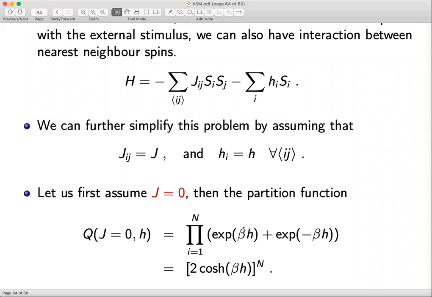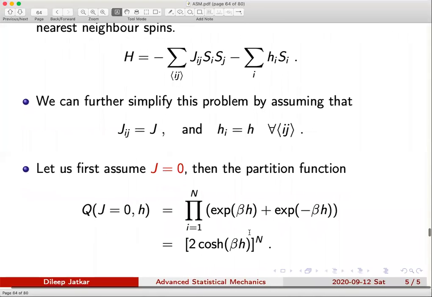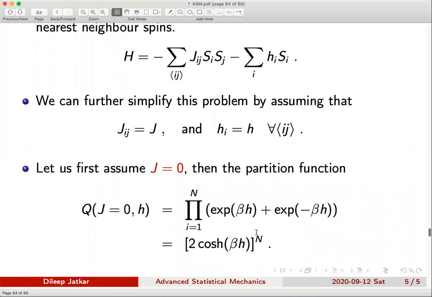The possible energies of a spin due to the external magnetic field would be either proportional to h or proportional to minus h, and therefore you get either e to the minus beta h or e to the plus beta h. Take a product over all those states and you get 2 times cosh(beta h)